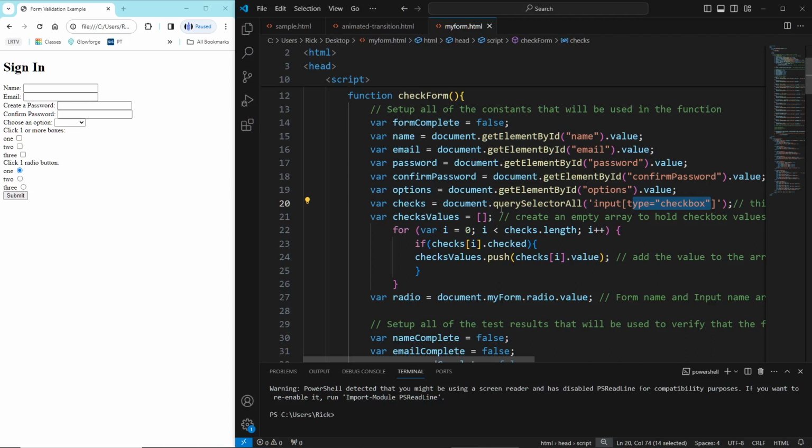But if you have 100 boxes on the page, this would be way quicker. So keep that in mind as you're doing this. Sometimes this is very, very handy. Sometimes, not so much. Anyway, once I have them all collected, I need to build a new empty array. And that empty array is going to store the values of all of the different checkboxes once we do start